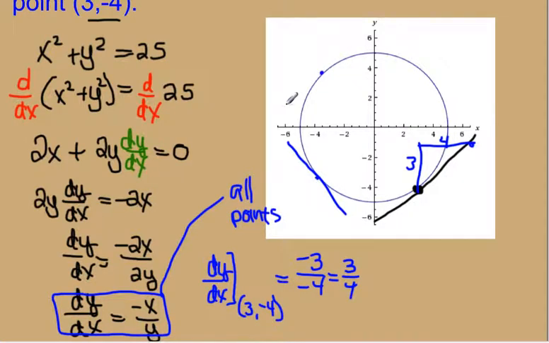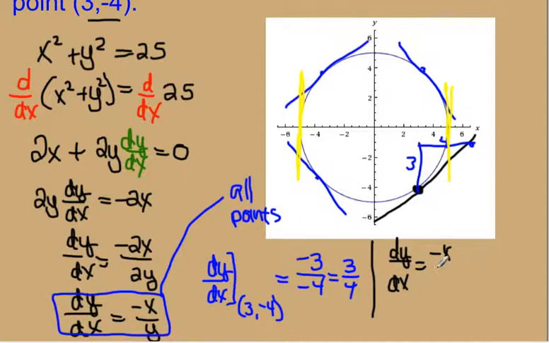I could also go up here and plug in the slope of this point, and it would give me the slope of this line, and over here. The only points we have to be really careful about are right here, because it is undefined. So the only points where this formula won't work is when the slope is undefined. So we can say that dy/dx equals -x over y is a formula